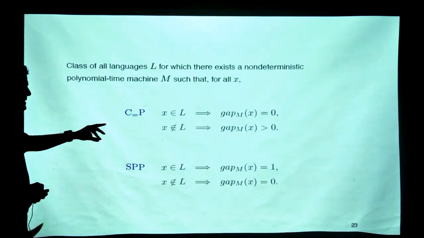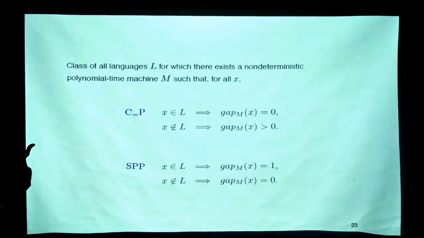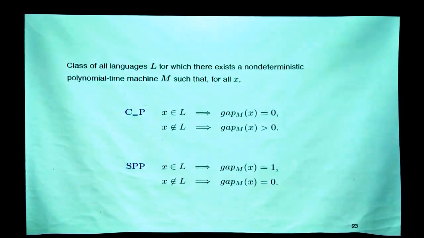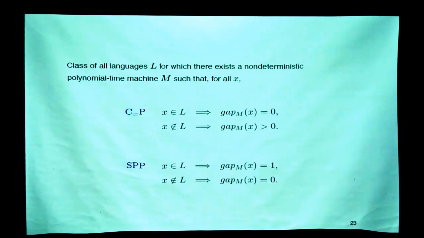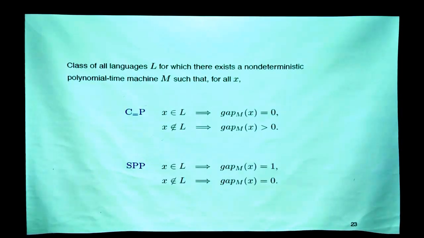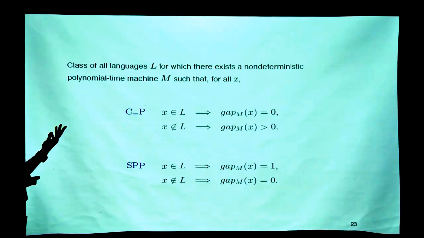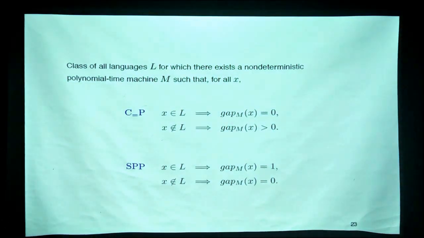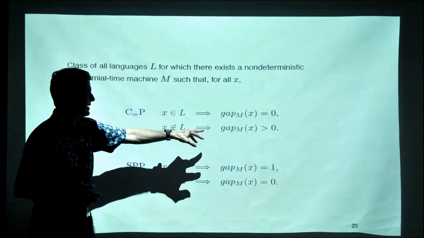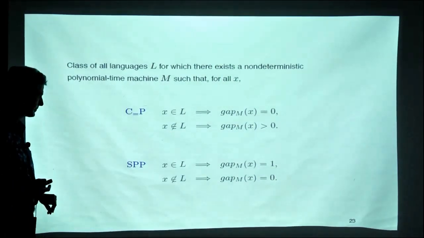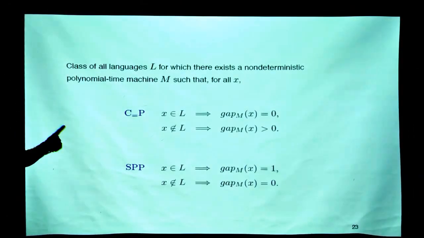So if it is in the language, we have that the difference between accepting and rejecting paths is exactly 0. So you have as many accepting as rejecting. You can exactly say how many paths you're going to have if it's in L, how many solutions. And if it's not in L, then you don't have that number. You have something else. And even stronger, SPP,